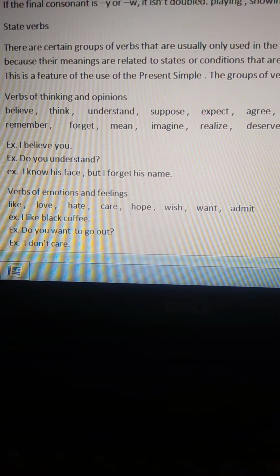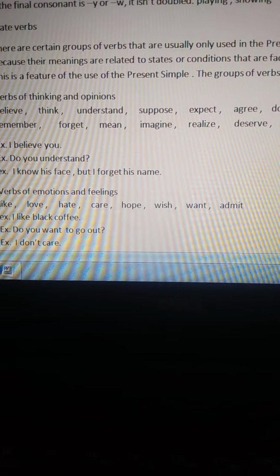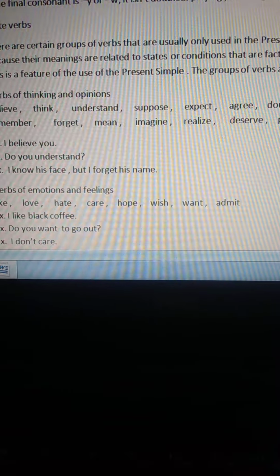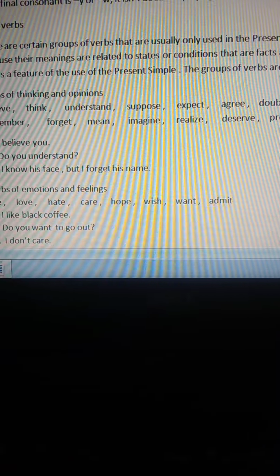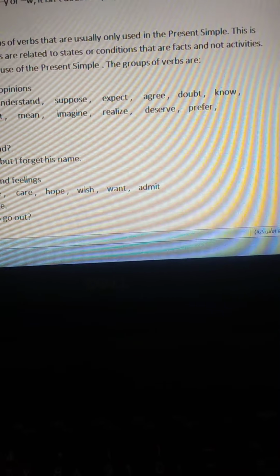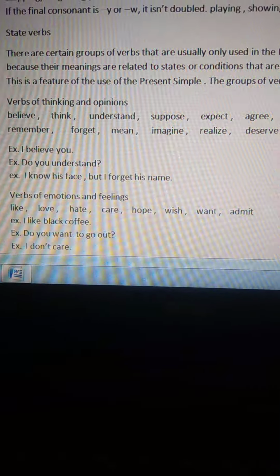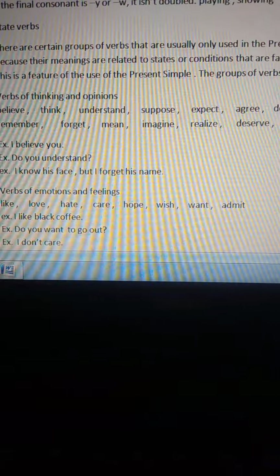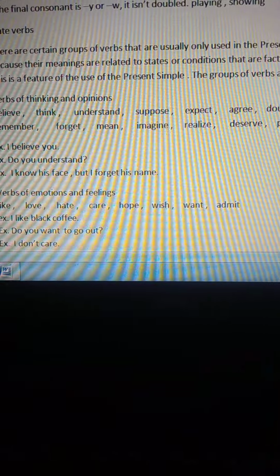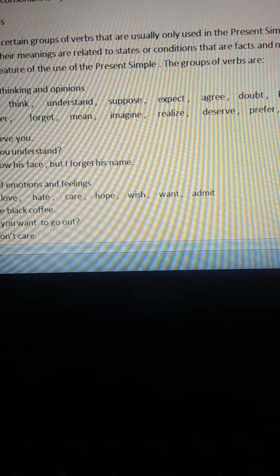This is because their meanings are related to status or conditions that are facts and not activities. This is a feature of the use of the present simple. The groups of verbs are: